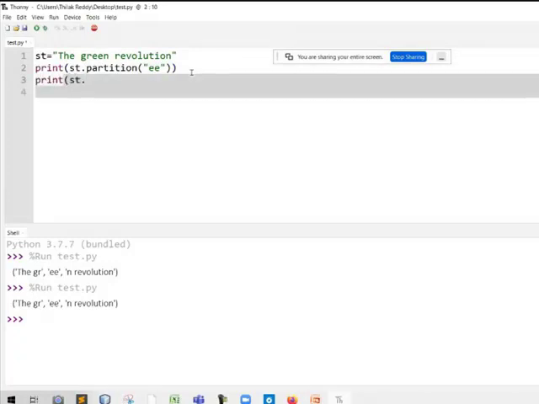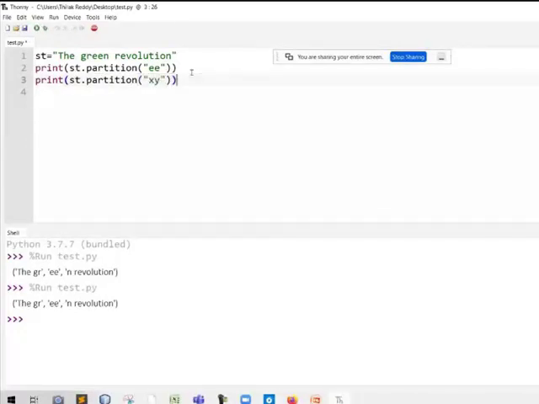Now print st dot partition of xy. Is there any separator like xy in this actual string? No, it does not exist. So there is no separator to split the entire string into 3 parts. So what will be the output?